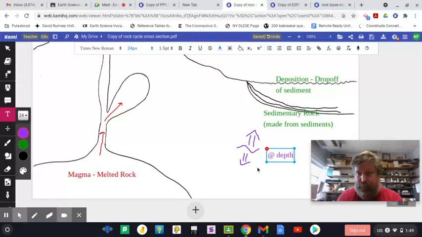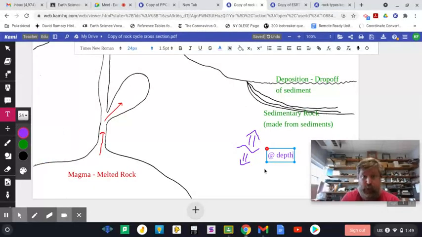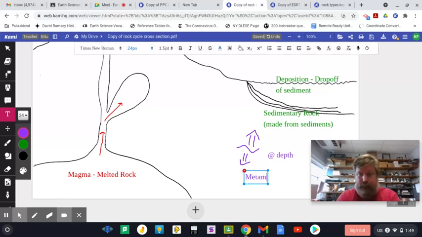If we went down deeper and we got to an area where, because of the overburden of all this very heavy rock, the rock that's down here is getting smushed and heated and altered, we get a rock called metamorphic rock. If you've heard of metamorphosis, that's a change, caterpillar to butterfly, metamorphosis. Cute little fuzzy gremlin to evil slimy gremlin, that's a metamorphosis. So changed